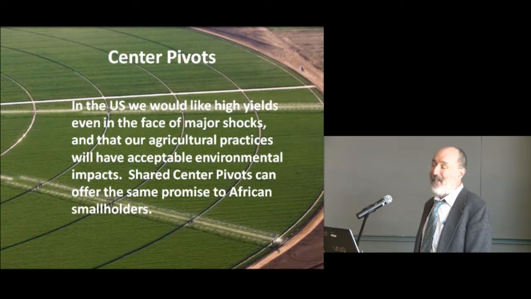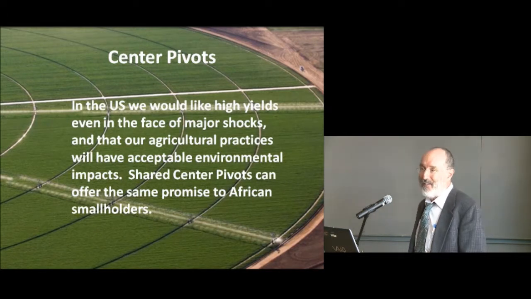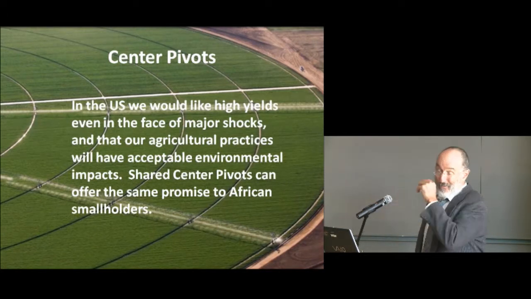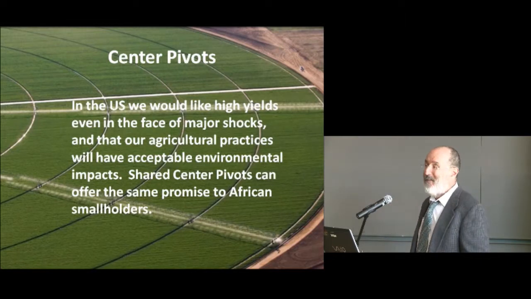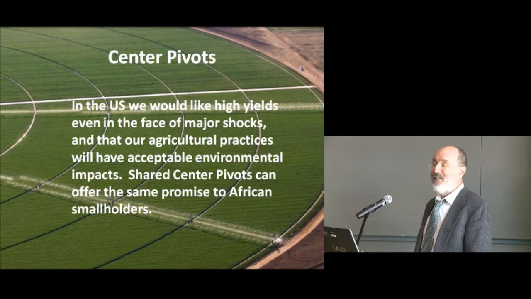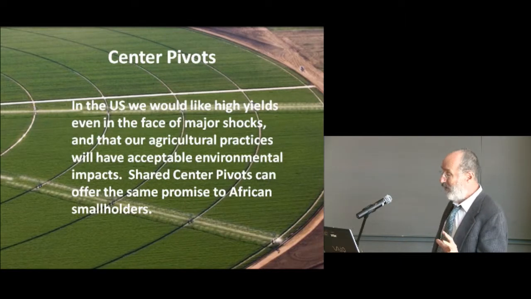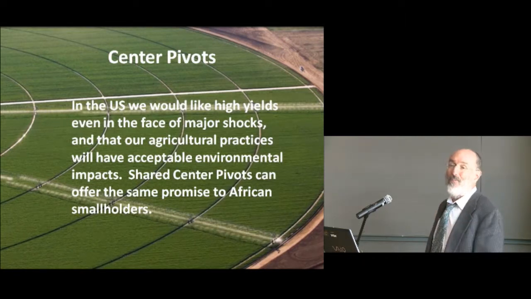In the United States, we use center pivots extensively. My colleague Rich Berkland will tell you more about them. They're basically a Nebraska innovation, at least that was the center of it, and they're used very widely there and very successfully. And there, we have the expectation that these things are going to give you good yields in the face of shocks, in other words, when there's drought or rainfall failure,